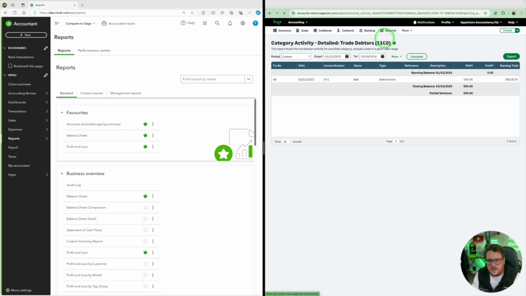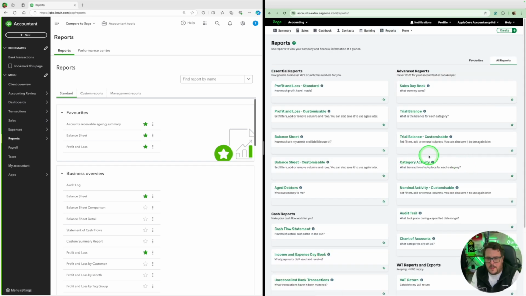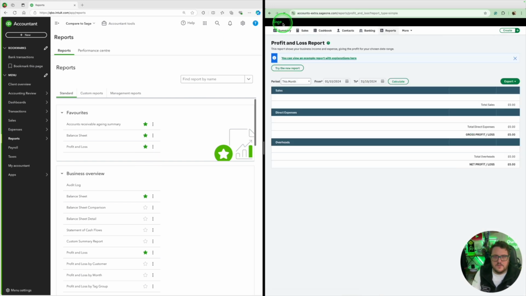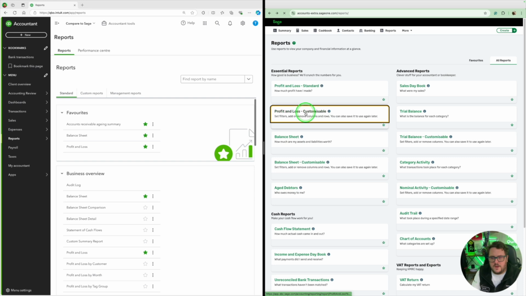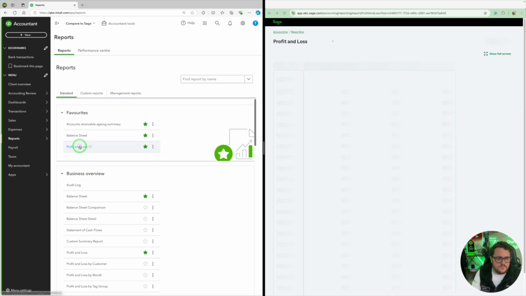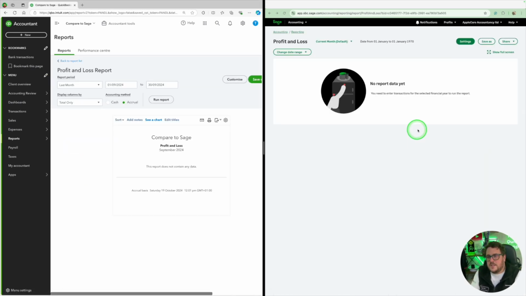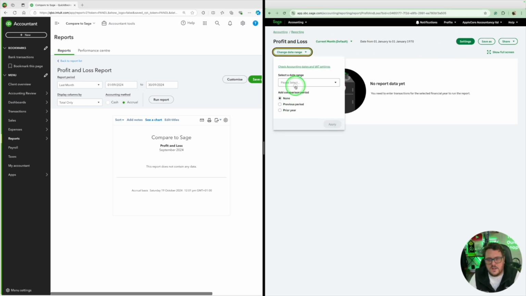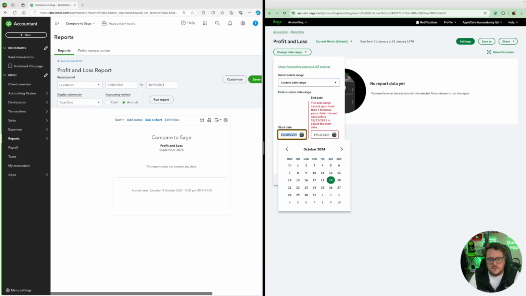I don't really get an option to go back on here, which is weird. Let's look at our profit and loss. Standard. Oh, no, let's do profit and loss customizable. That sounds good to me. And profit and loss on here. So the idea of a profit and loss is, let's change the date range. Let's do custom date range. Let's do 1st of the 1st, 22, all the way to